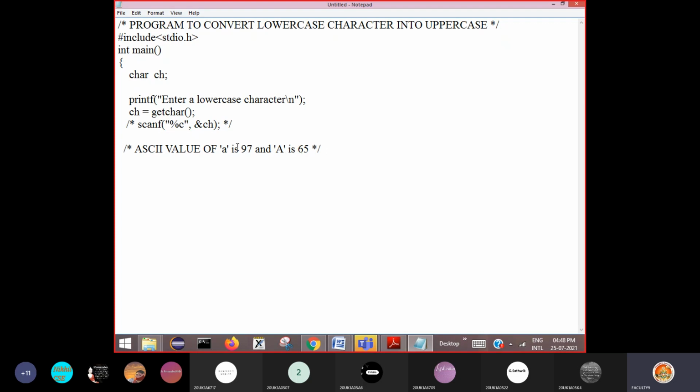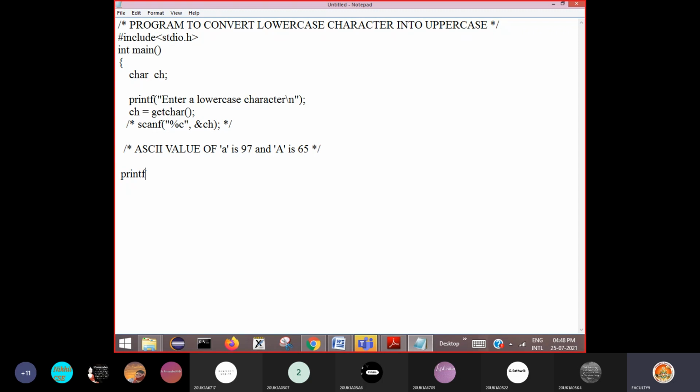The difference between each lowercase and uppercase character is 32. So from the given character, if you subtract 32, it will be converted into an uppercase character, or you can directly print the uppercase equivalent.